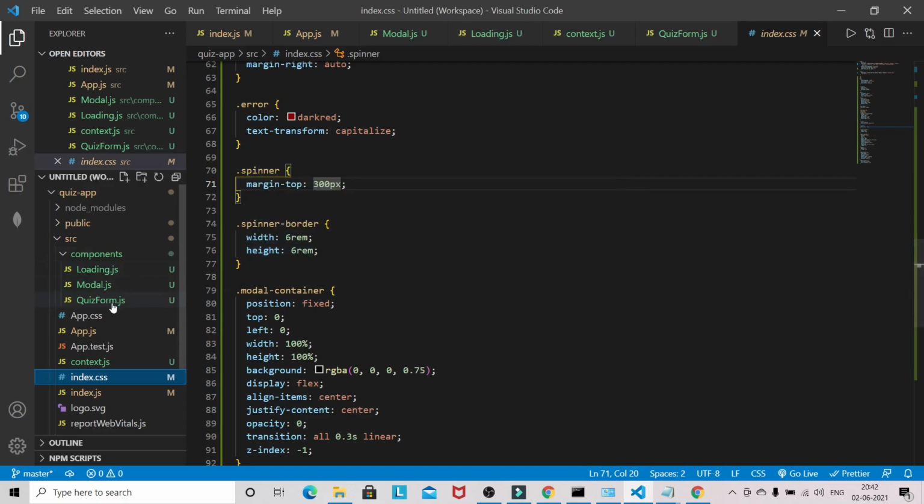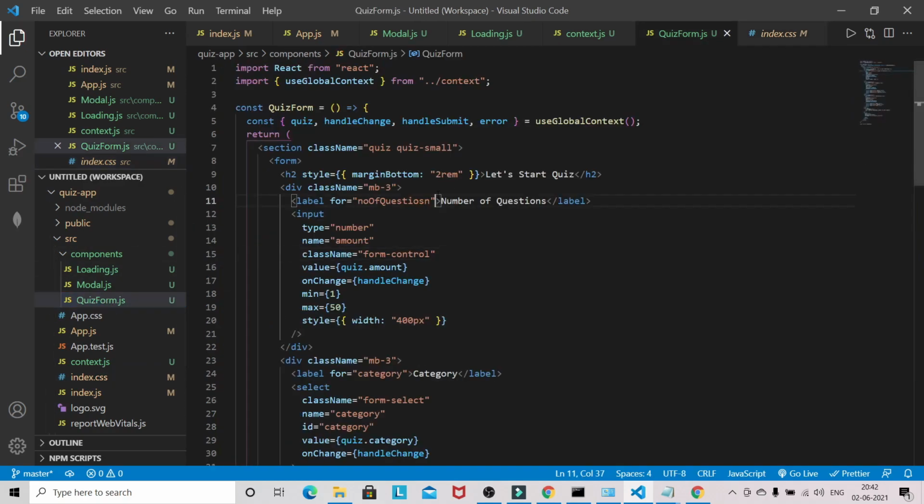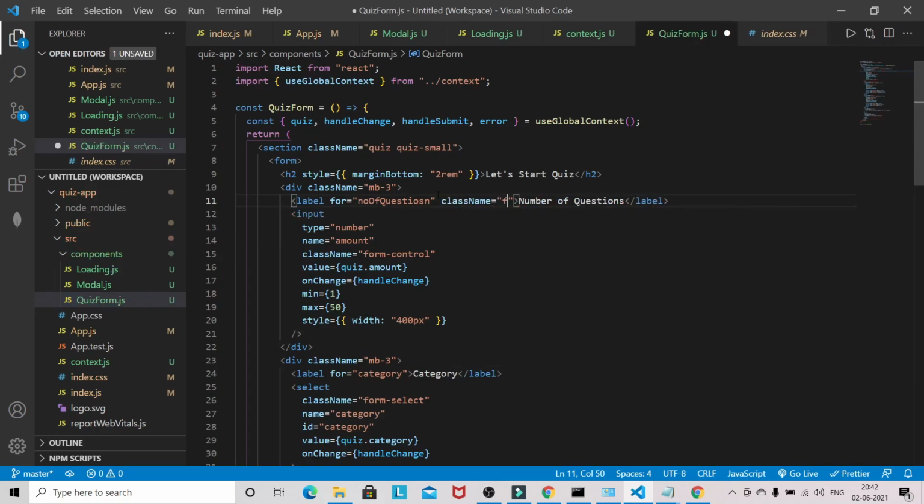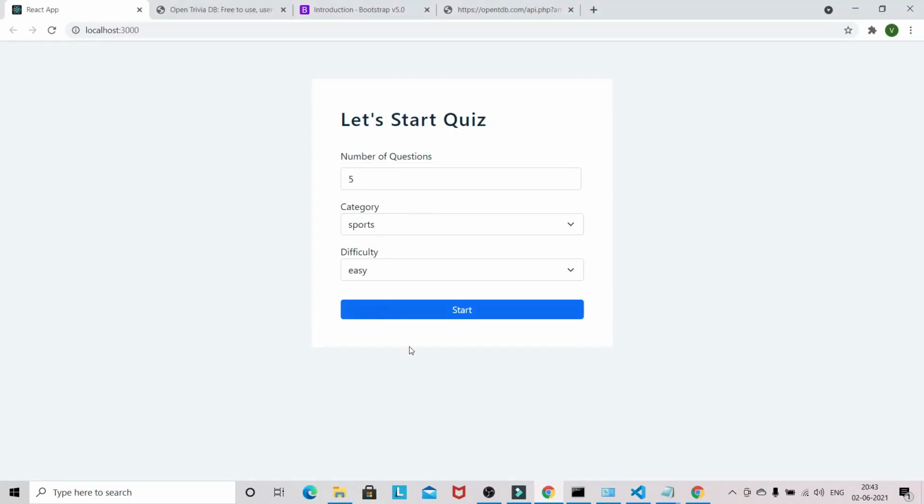Okay, and we have to do one small thing here. I forgot initially, so add the class name form label. So let's see. Okay, so now we got some styling here.